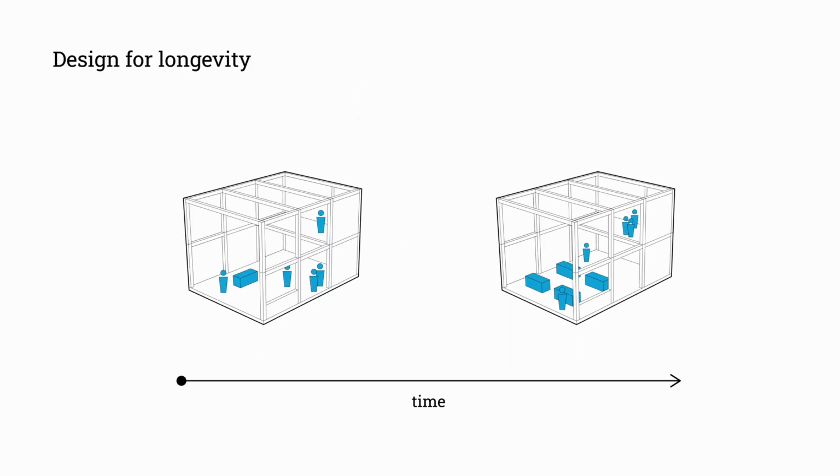Design for longevity aims at designing buildings that can withstand the test of time. Apart from selecting materials that have a long technical life, it requires spatial layouts that are fit for different uses. In many cases, this leads to over-dimensioning of the building structure or technical spaces. While this can increase the reuse potential of the building, it is important to also consider the environmental impact of